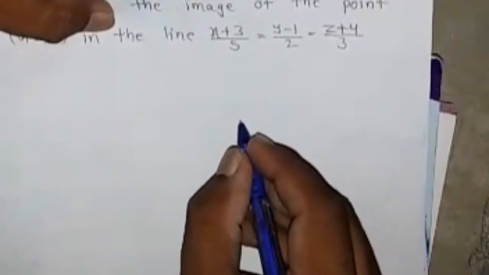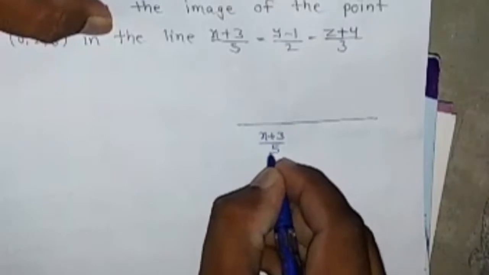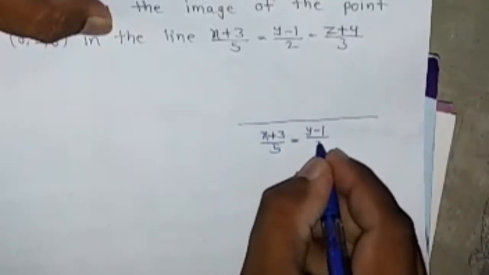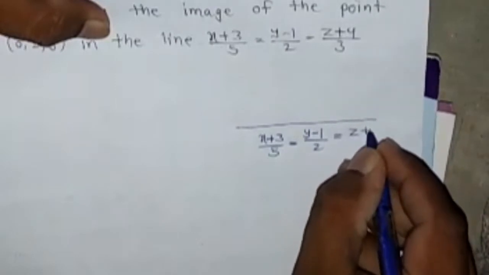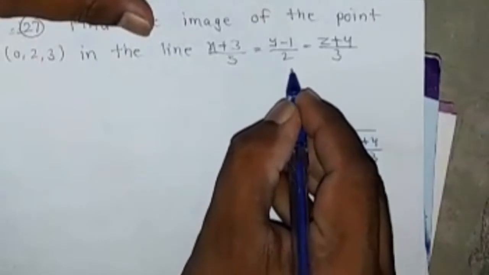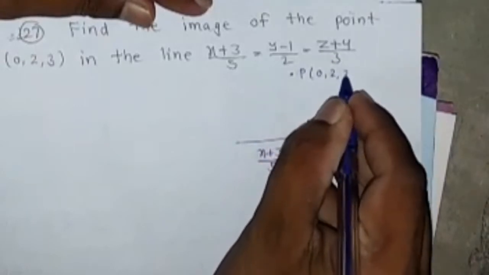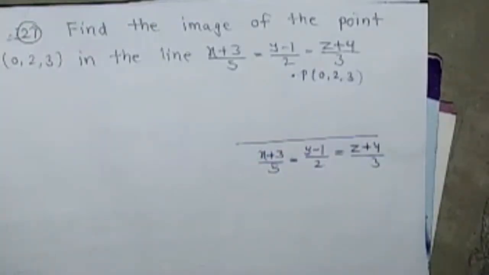It is question number 27. Find the image of the point (0, 2, 3) about the line (x+3)/5 = (y-1)/2 = (z+4)/3. Suppose the given line is this: (x+3)/5 = (y-1)/2 = (z+4)/3, and the point is given by this (0, 2, 3), and we have to find the image